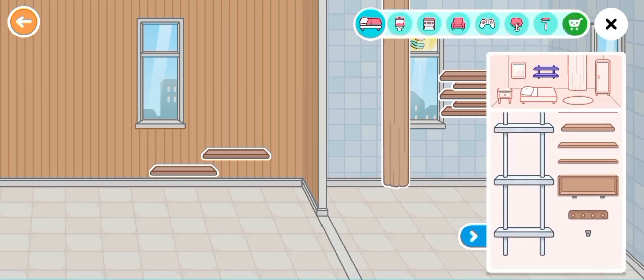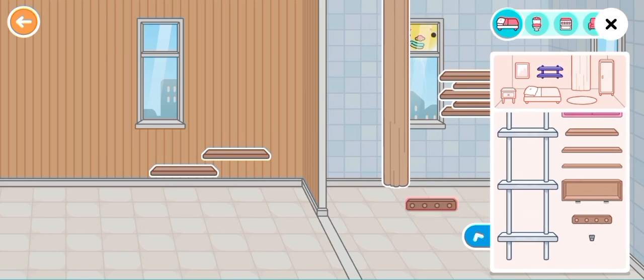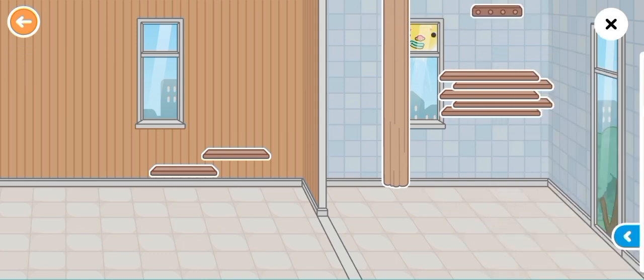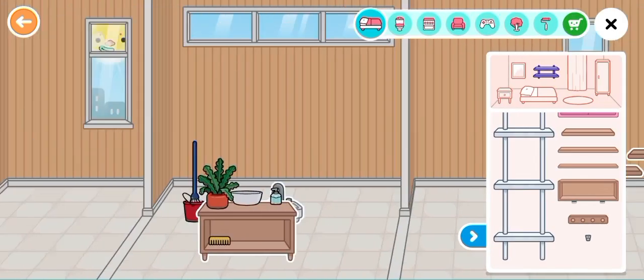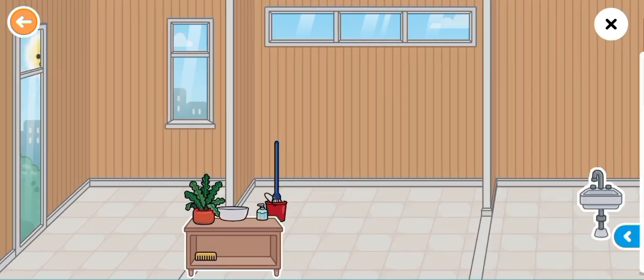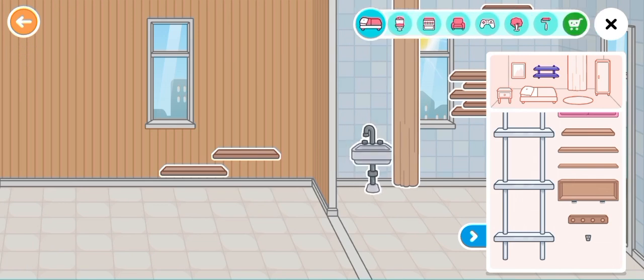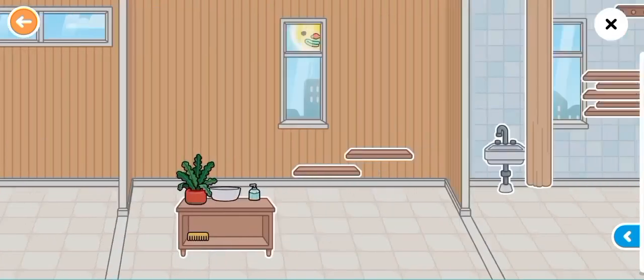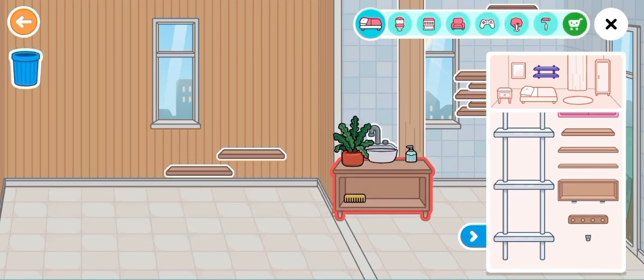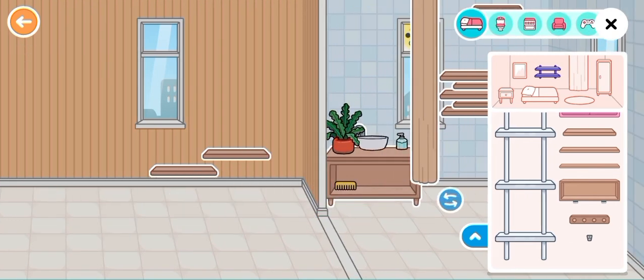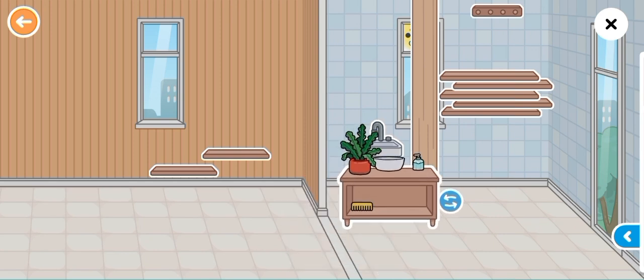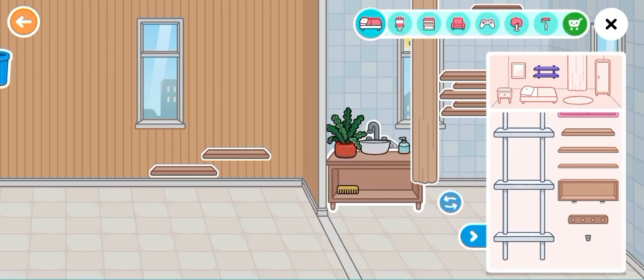Alright, and at the end I will be decorating this with some of the decorations and you will see the result. Alright, let me just grab the sink. I have it, and now we are going to grab this and we can put some more stuff on it later. Let me just do this. Perfect